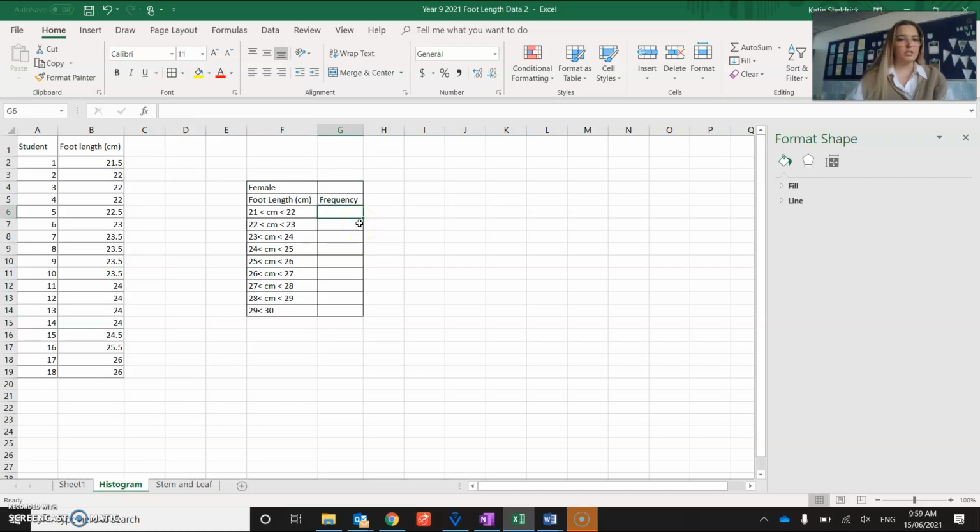So let's go frequency. This is going to be my 21, including 21, but less than 22. So I've got one of them. I've got 4 of these ones. 1, 2, 3, 4, 5 of these ones. 1, 2, 3, 4, 5 of those ones. 25 to 26, 1 of those ones. And 2 of these ones, and then 0, 0, 0 of those ones there. Now from there you can draw your own on a piece of paper, or